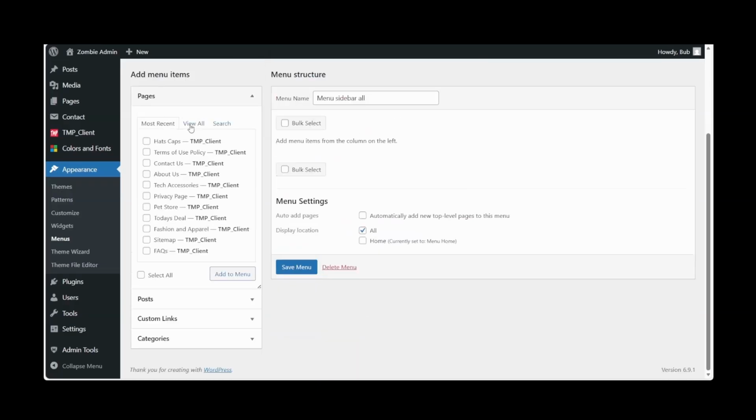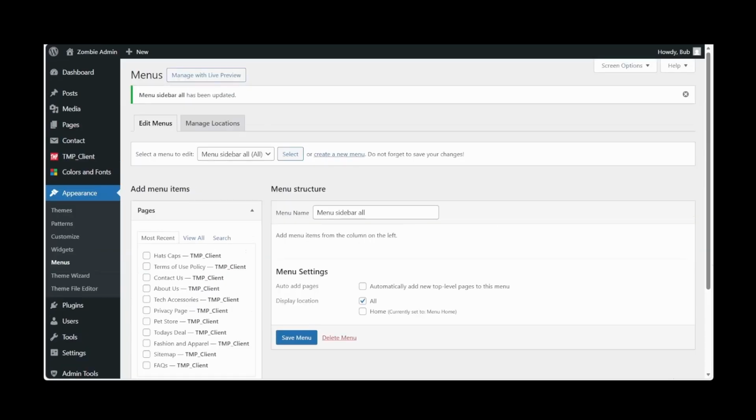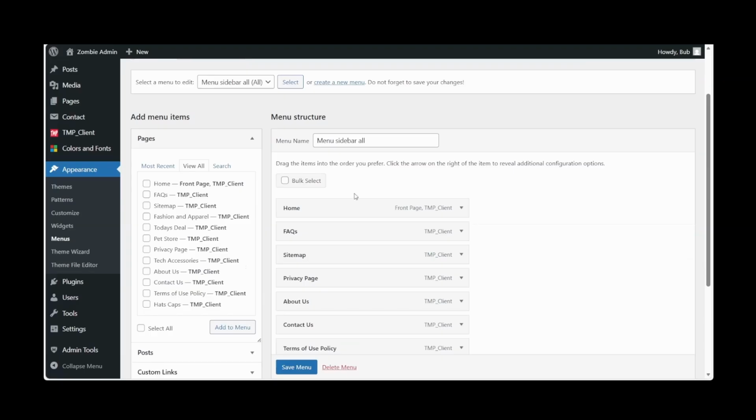And let's add contact, privacy, sitemap, FAQ, and the home page. And we can do a little adjusting here.